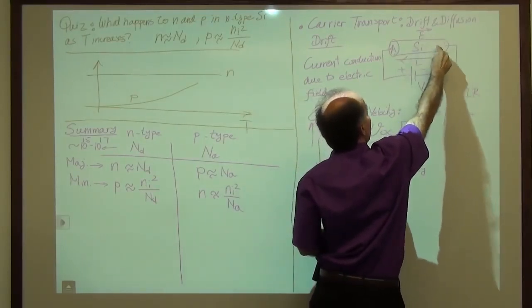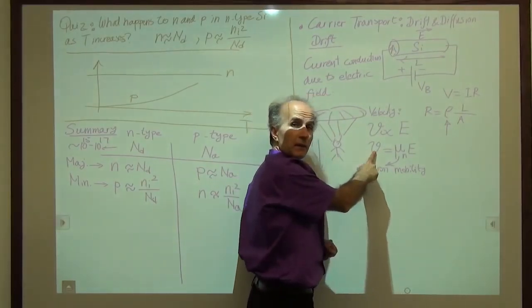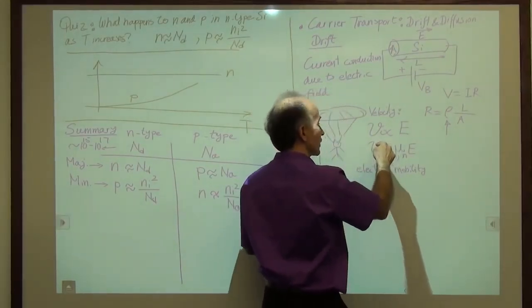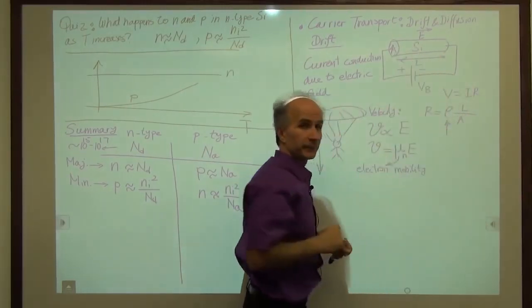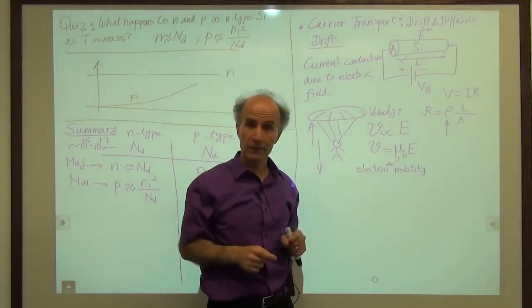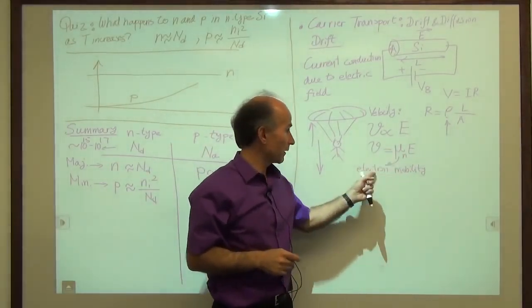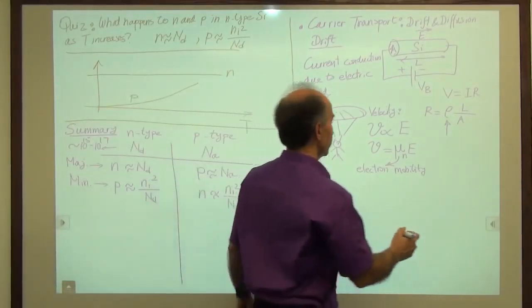And because they experience this electric field and the electric field is uniform, they quickly reach this velocity. And then they just have that velocity as they start from here and travel to the left. And that velocity can be calculated if we know how much that is. Now, mu sub n for electrons is equal to 1350